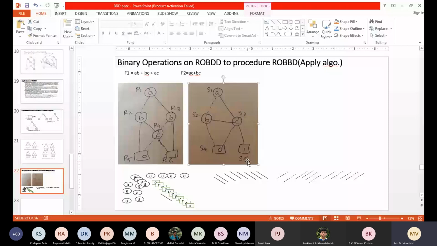Always assign the first variable for the left hand side. Let us all follow the same procedure. What I'm trying to say is this is my first level A. In the second level B, I have two B's. First assign the variable for your left hand side intermediate node, then go to your right hand side. R1, R2, R3 we can also do, but I want all of us, me and you, to follow the same rule. If two or three nodes are there in the same level, start assigning from the left hand side to the right hand side. Start with the left hand side.